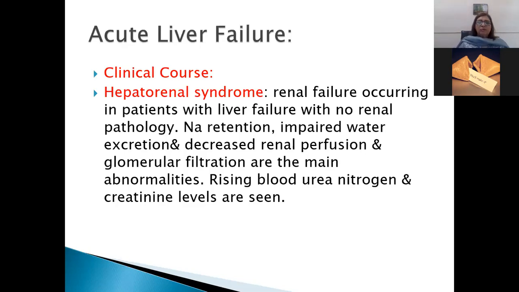As Professor Tahir has already told you about the liver function tests, you are going to do the renal function tests, in which come the blood urea nitrogen and creatinine. We are going to discuss this when we do the chapter on the kidney, our module of the kidney. Both rising urea and creatinine are suggestive of renal failure.